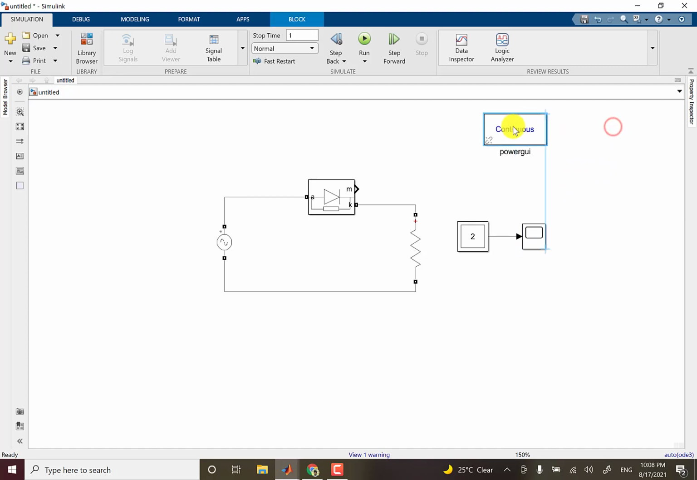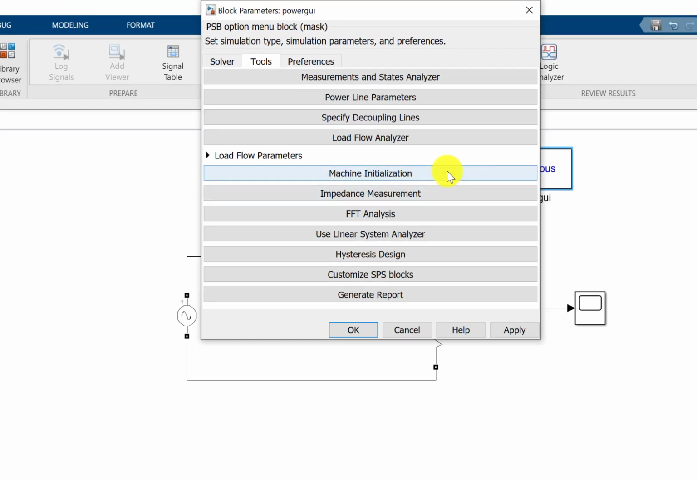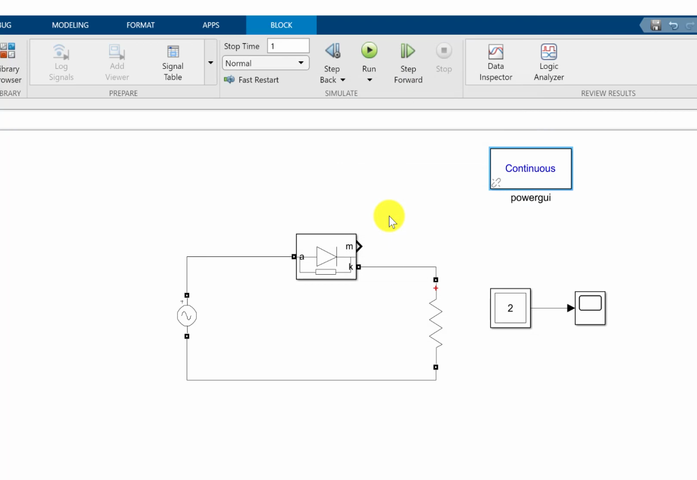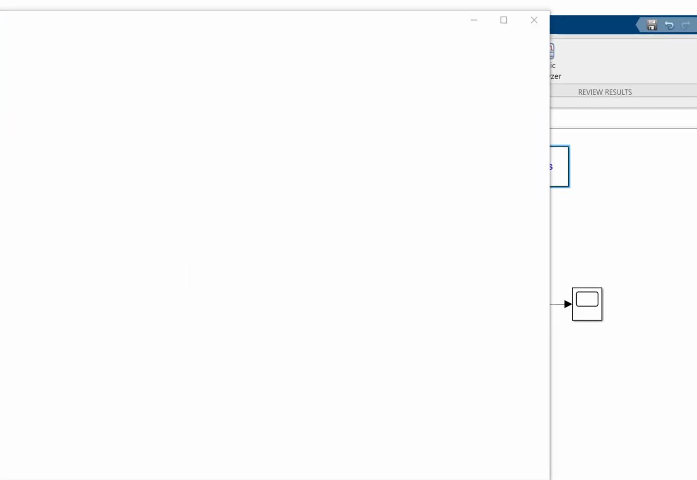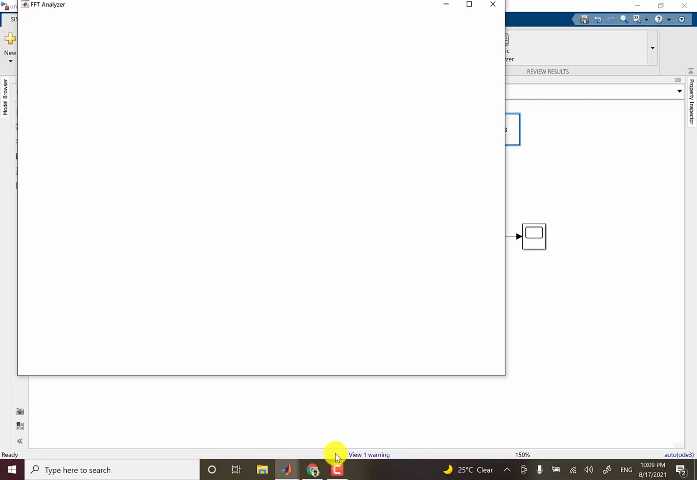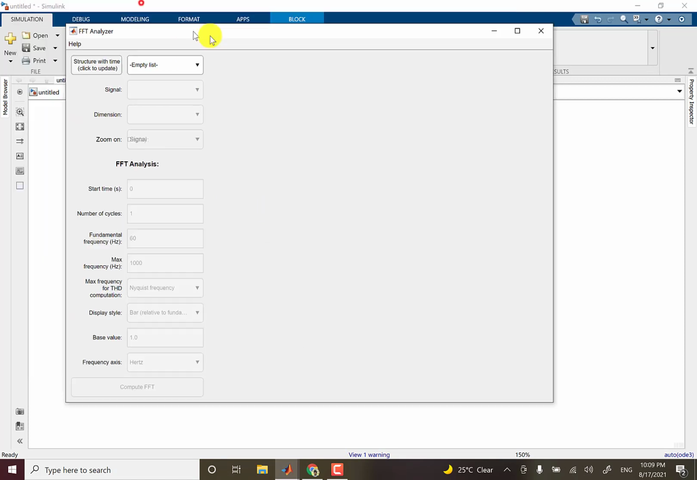Now if we want to further analyze this rectifier, one of the analyses would be a harmonic analysis of the output voltage. So I have the FFT analysis. Okay, so